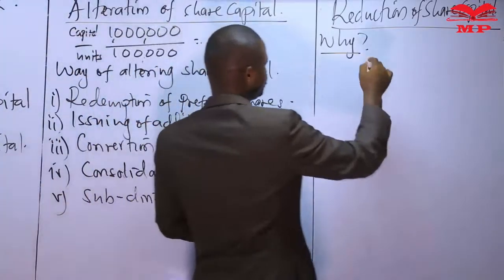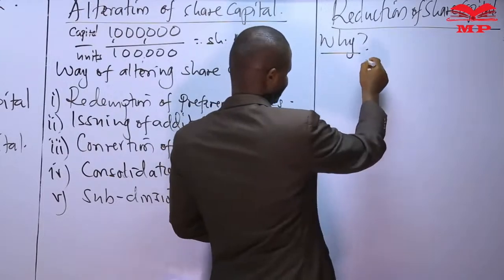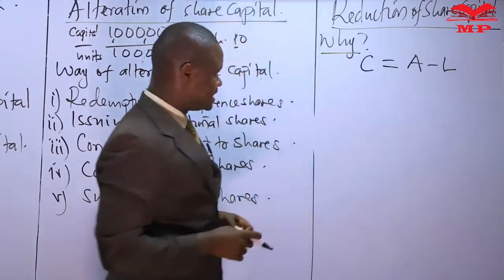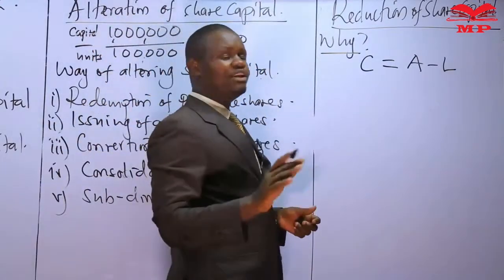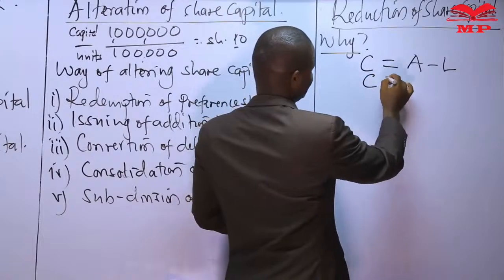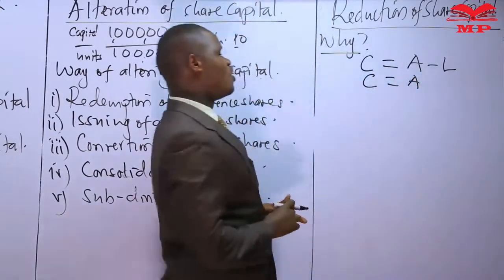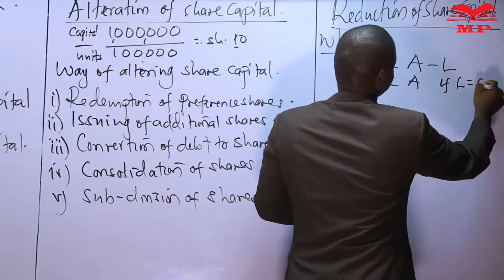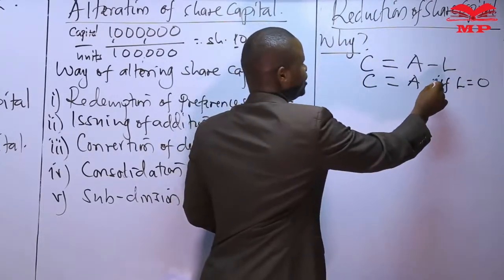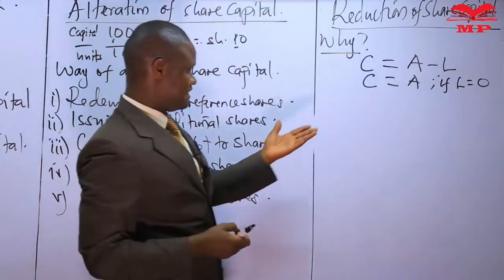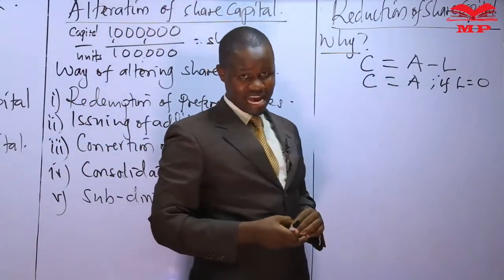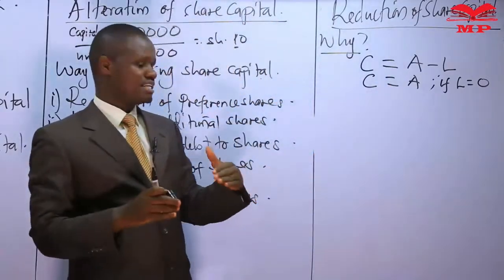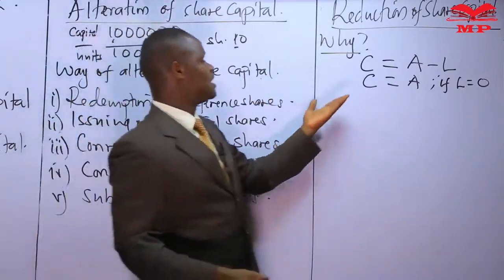Now, if you could trace the basis from this equation where we say that the company's capital is the equivalent of its assets less its liabilities, assuming that our company had no liabilities, then it is true to say that the company's capital is the equivalent of its assets if L is equal to 0. This equation should be kept true, that with reference to our books, the capital